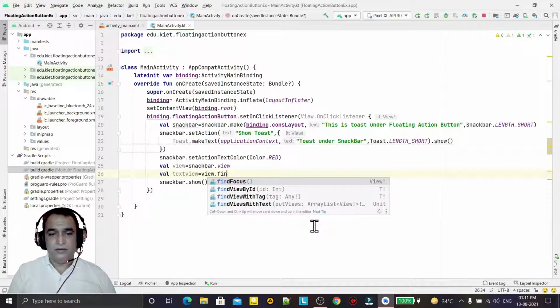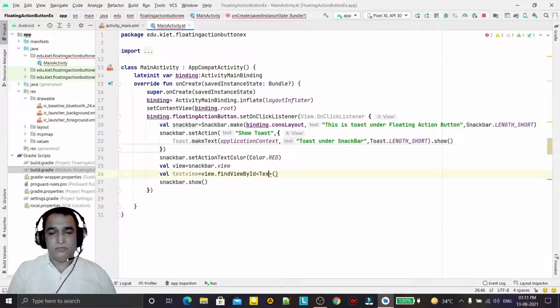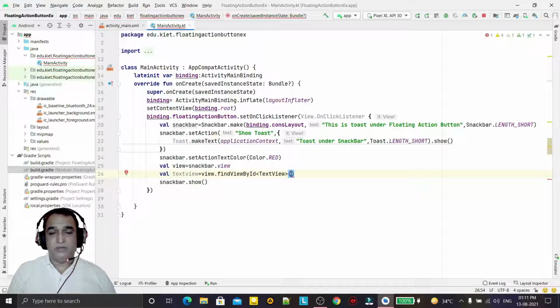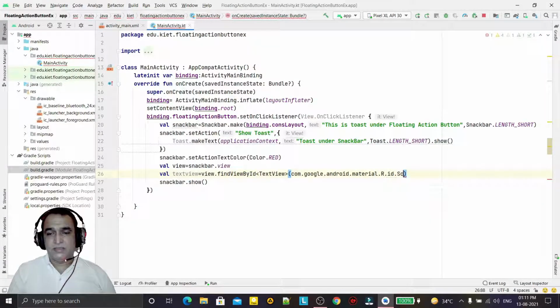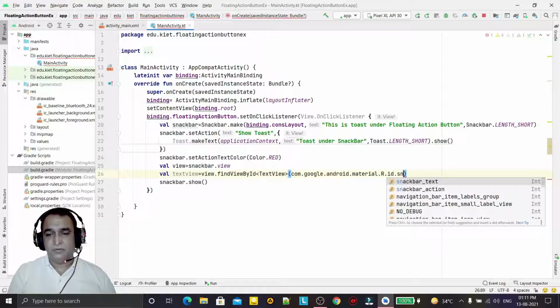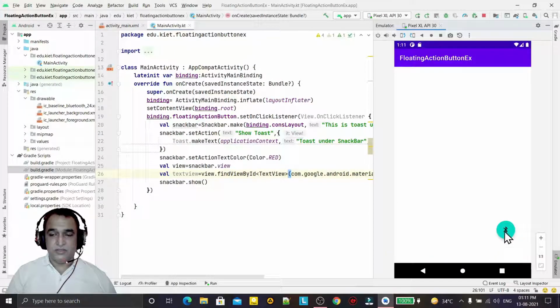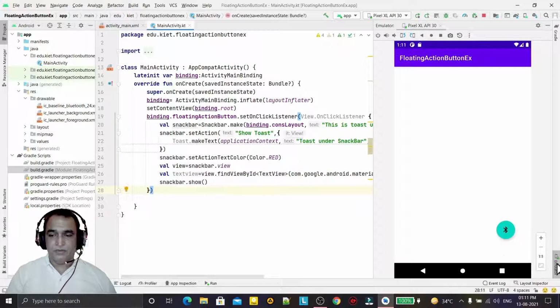So findViewById, then here we have to put TextView, and here I give com dot google dot android dot material dot R dot id dot snackbar text. This is the snack bar text which is displayed here. If I click, this text's ID is this one.